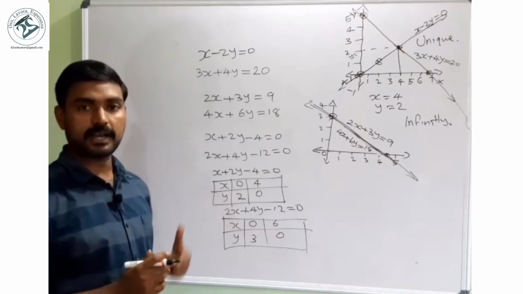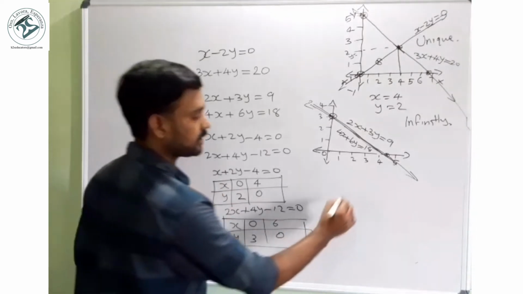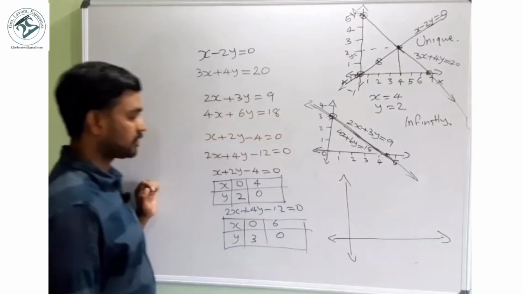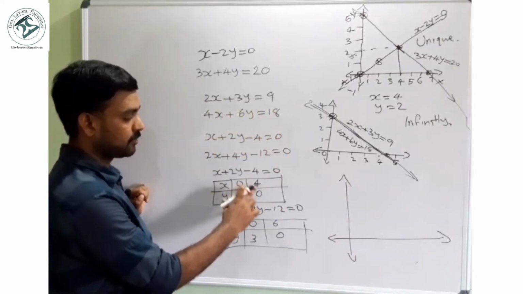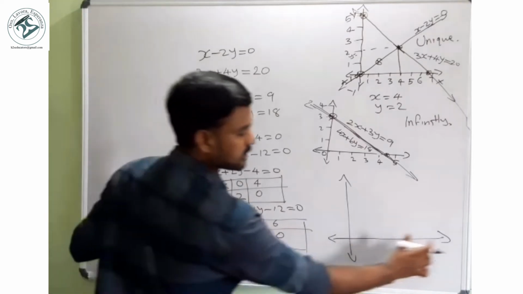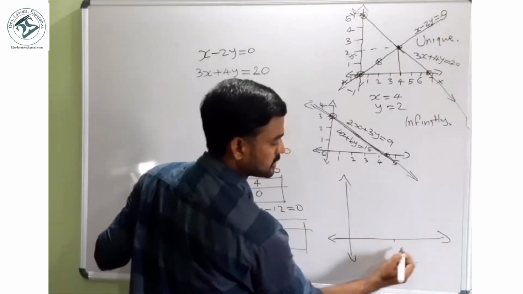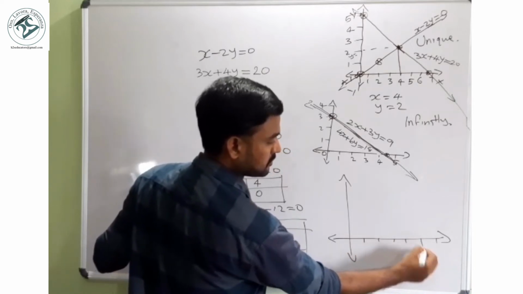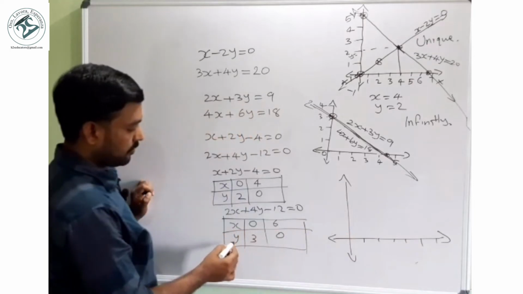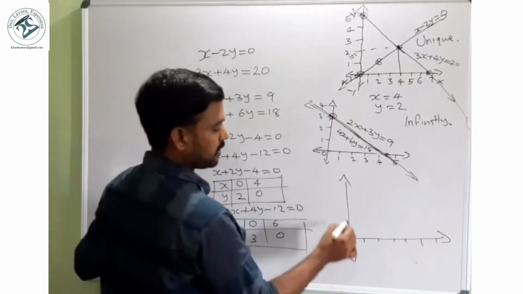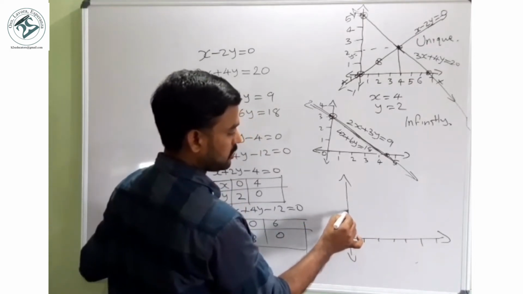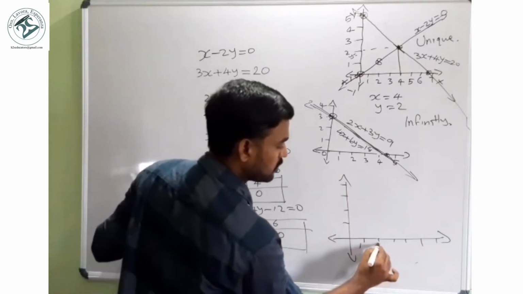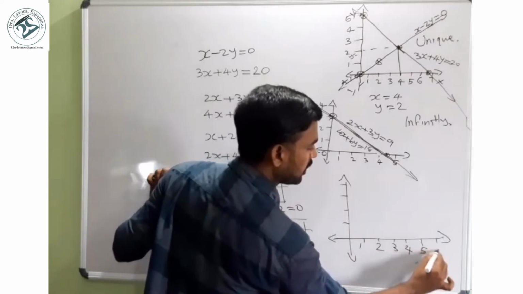Now we can draw the graph. As we explained, we have to draw the x-axis and y-axis, which should include the highest and smallest values. Here the highest x value is 4, here 6. So in this x we require 6 points, 6 divisions are required. Here the y value, here 3, here 2. So we require 3 only. So 1, 2, 3. 4 also we can give.